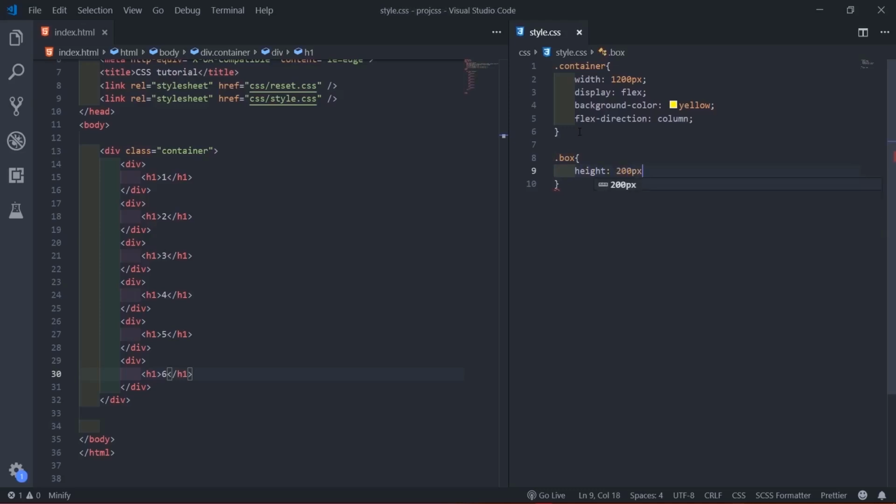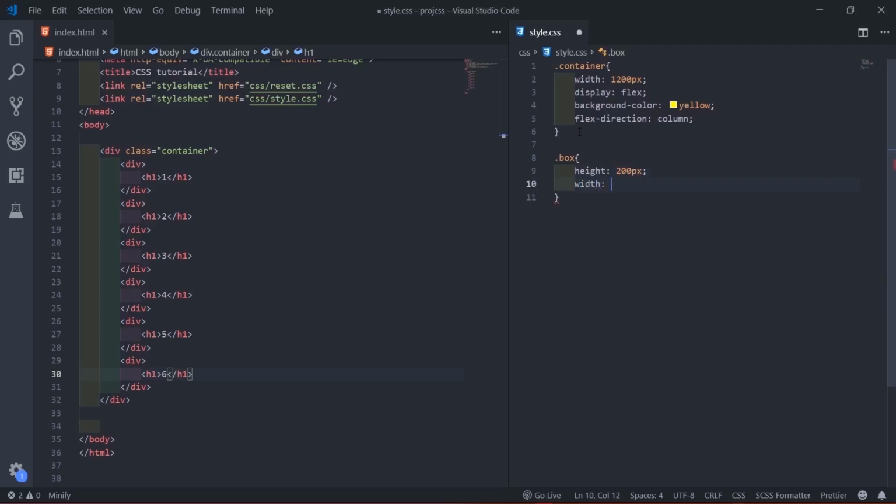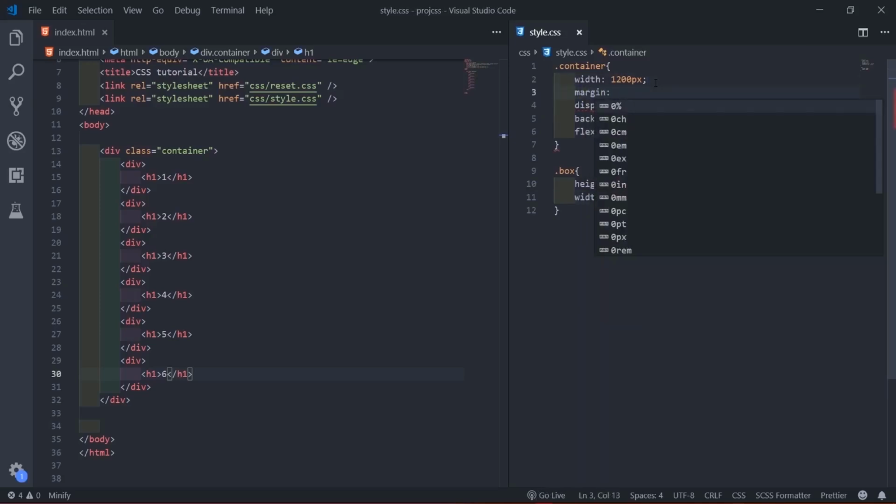Must say 200 pixels by 200 pixels. And I'll come down here. I'll get this guy, margin. I'll say margin 20 pixels.